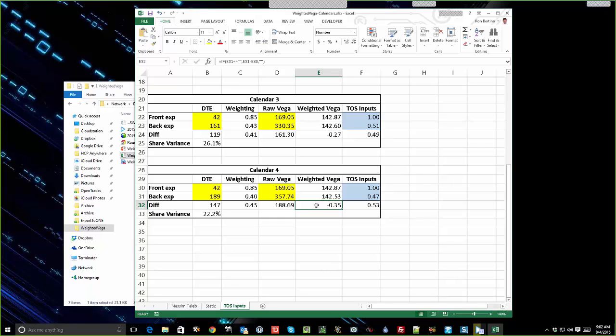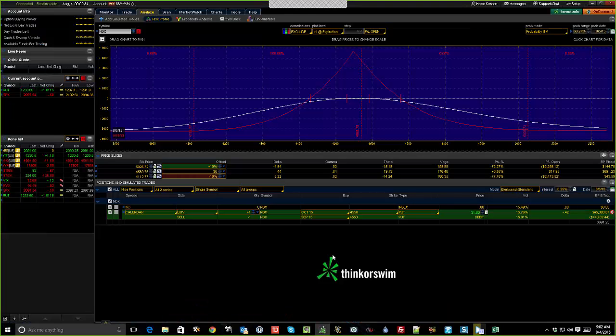But one of the things that people tend to be more interested in than this, to a degree, is this stuff here, right? So this is knowing what to change the thinkorswim inputs to in order to simulate that calendar in thinkorswim, right? So if I switch to that, all right, so if you've got something like that, and then if you were to click on this little cogwheel,